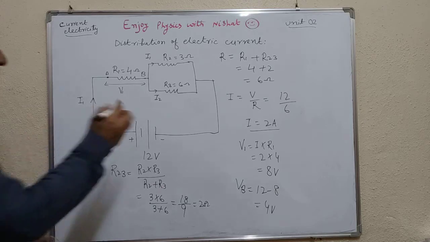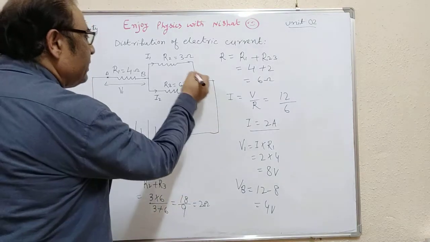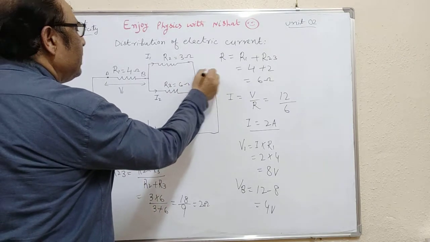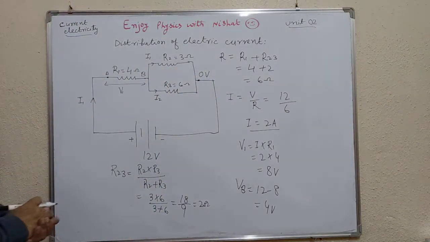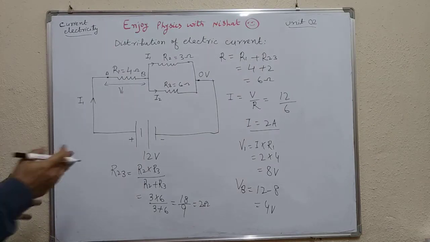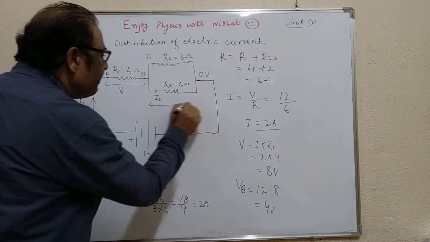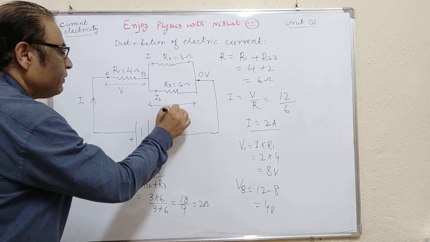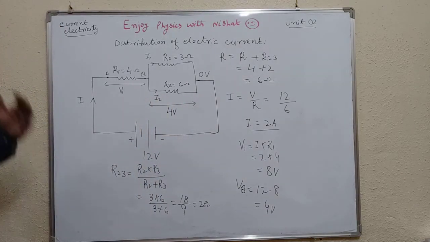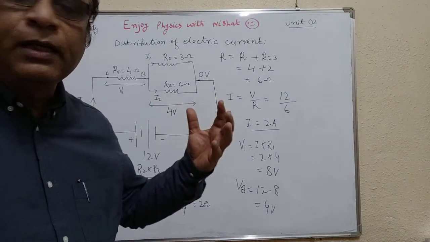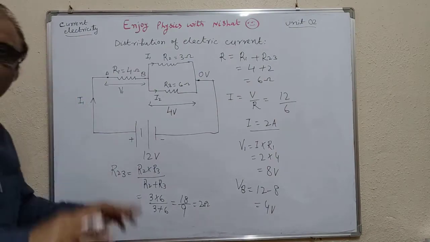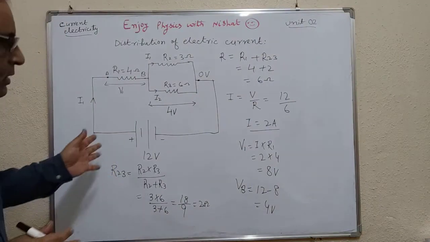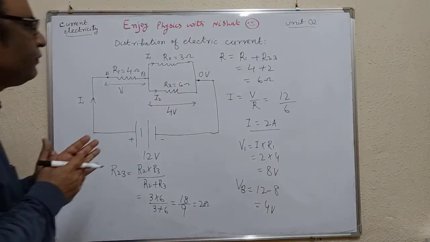4 volt. You know that this is the connector with the negative of the cell, so here 0 volt. 0 volt. And how much at the B? That is 4 volt. So in both resistances, the potential difference is 4 volt. It means that in the 12 volt potential, 8 volt drops on the 4 ohm resistance. Now the remaining is 12 minus 8, and that is 4 volt.